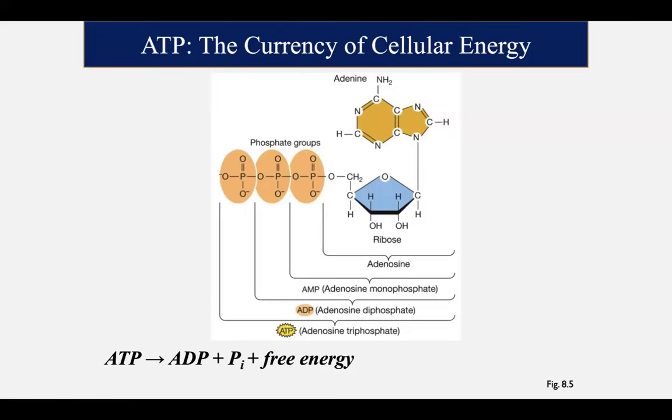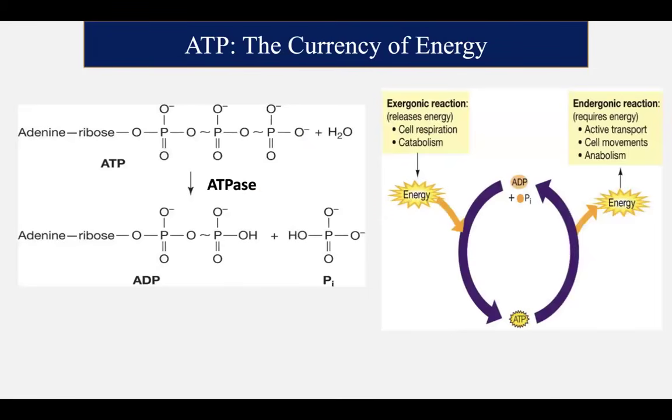An ATP can be hydrolyzed to yield ADP and an inorganic phosphate plus free energy. ADP stands for adenosine diphosphate, so two phosphates. As you see here, you have ATP. It has one, two, three phosphates. ATPase can break it down, so you have ADP plus an inorganic phosphate here. And ADP has one, two phosphates.